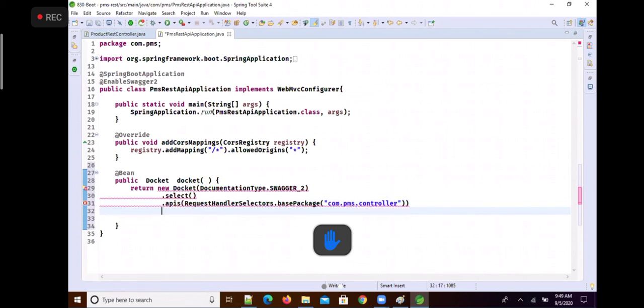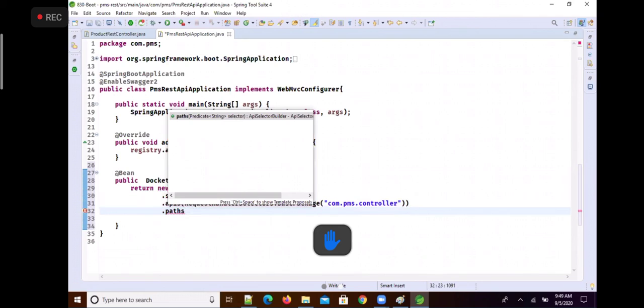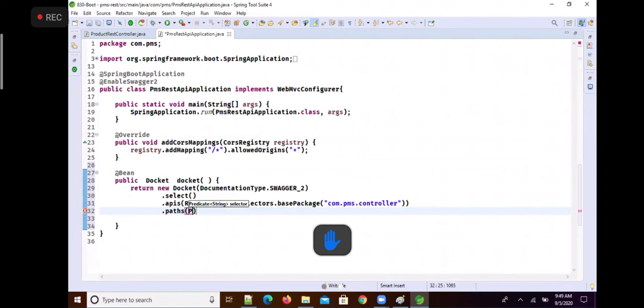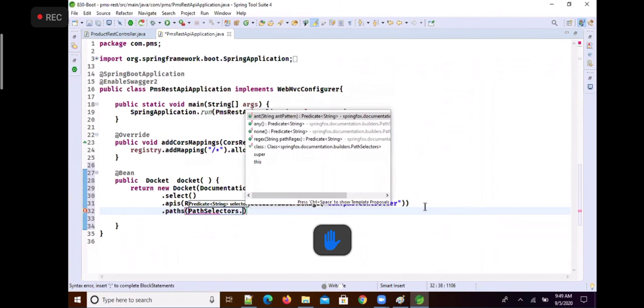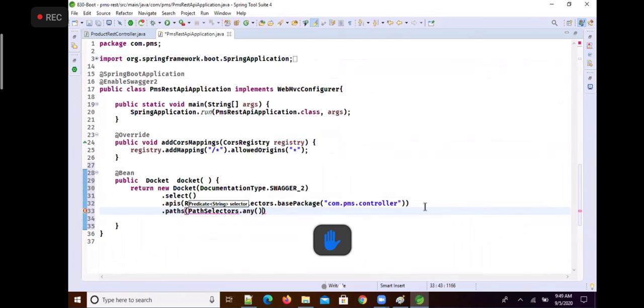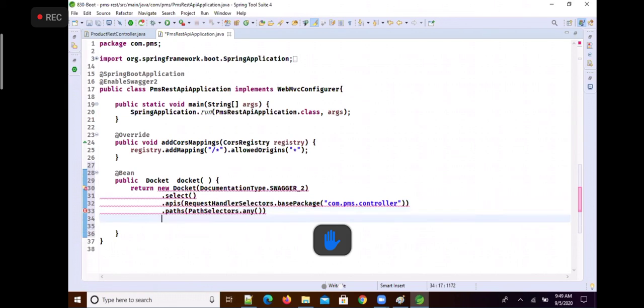Next I would like to say dot paths. Say path selectors dot any. Then I say dot build. See, path selectors dot any means all the paths are included. Any path is included in the documentation.